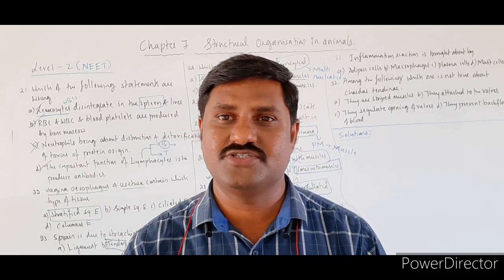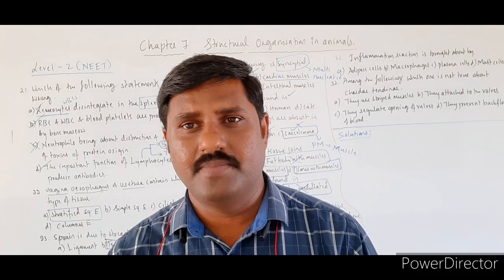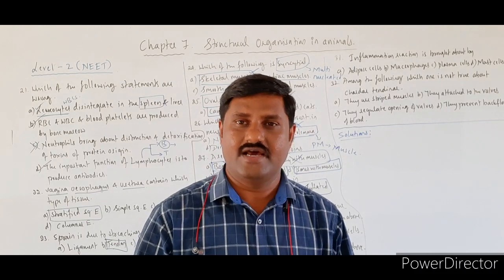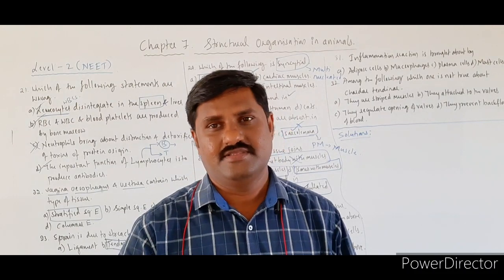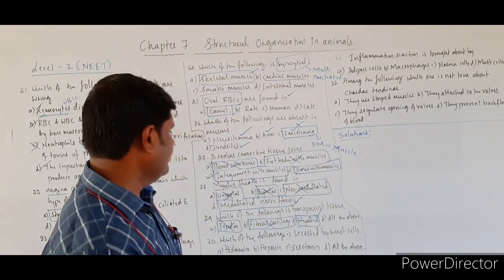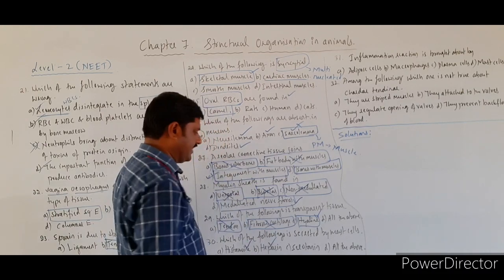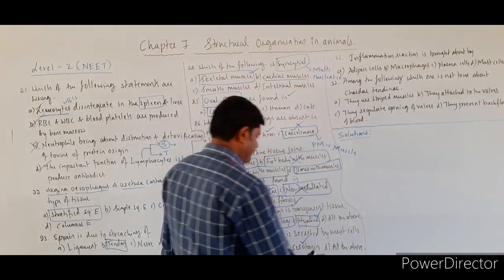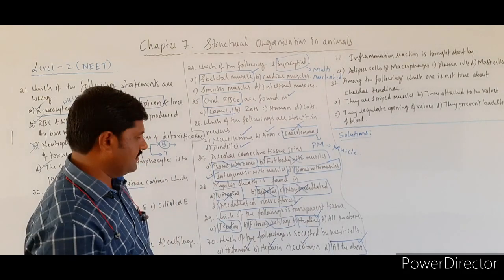Serotonin as well as histamine are the chemical components secreted by the mast cell during allergic reaction. When an allergic reaction occurs, it secretes these, and the inflammation that takes place in human beings is because of these only. So histamine is the first option, heparin is the second option, serotonin is the third option, and all three chemicals are secreted by these mast cells. Hence, all the above is the answer for this question.